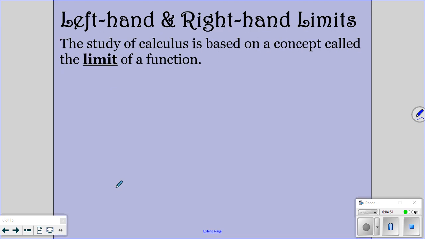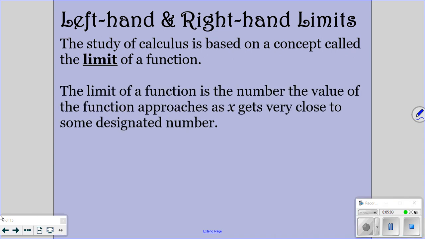So now looking at limits. The study of calculus is based on a concept called the limit of a function. The limit of a function is going to be the value the function approaches as x gets very close to some designated number. So if I'm drawing a graph,